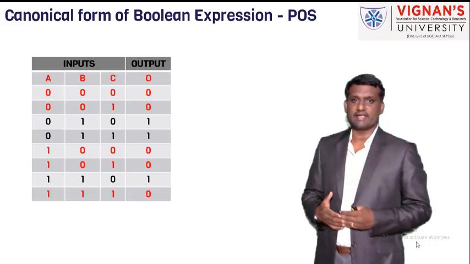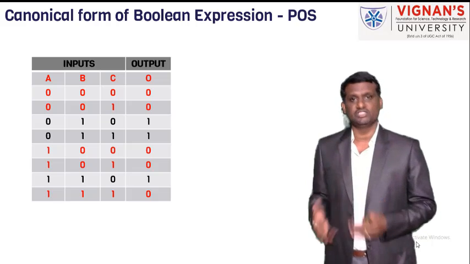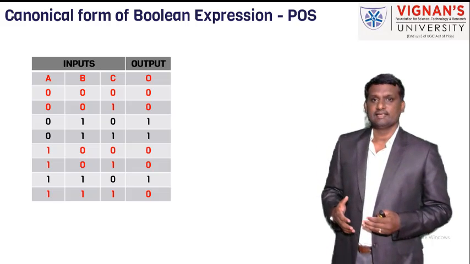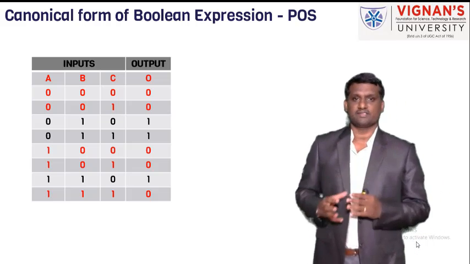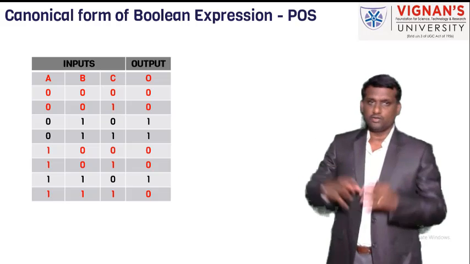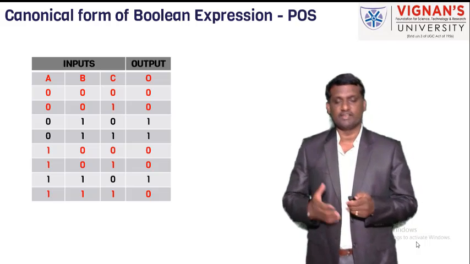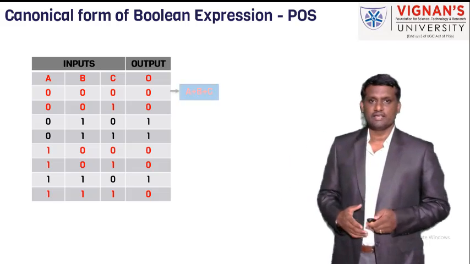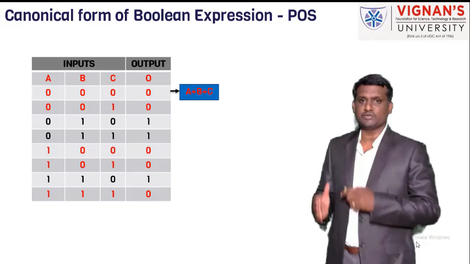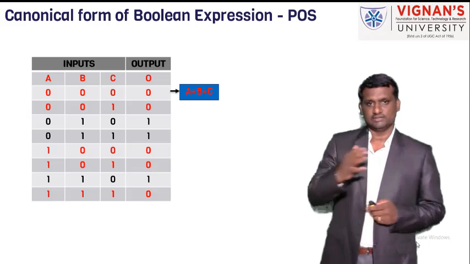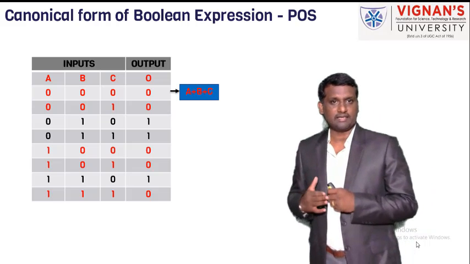In these 8 combinations, 5 output combinations are 0. That's why there is a possibility of getting 5 sum terms, and combining all those we will get the Boolean expression in canonical form. That's what we will see. The first combination of A, B, C is 0, 0, 0. Its output is also 0. That's why in the product of sum term,